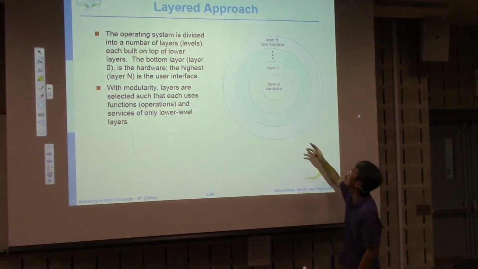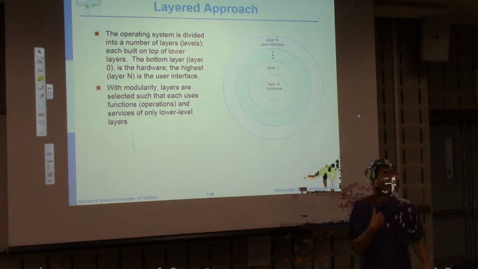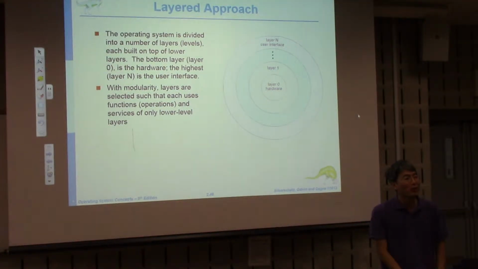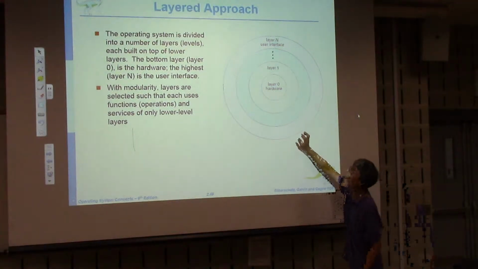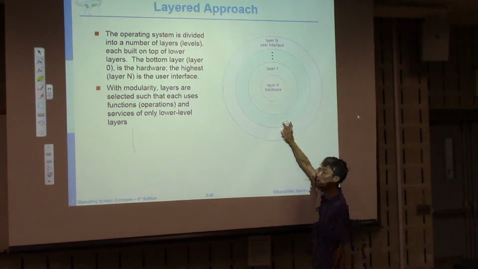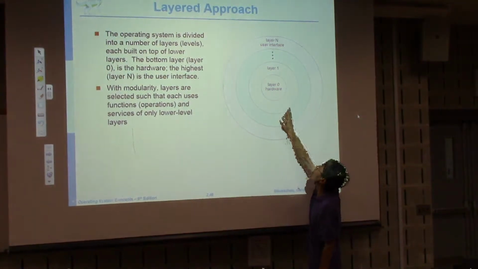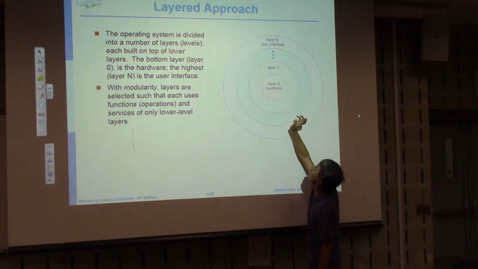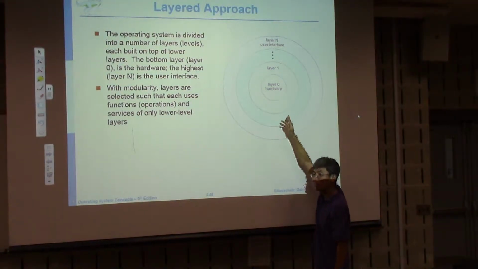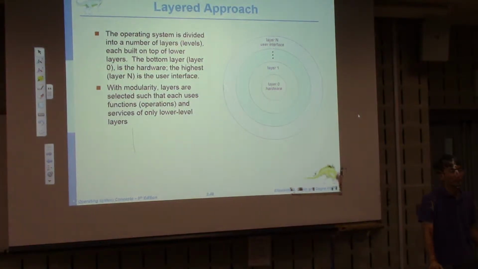Usually the user tries to use the hardware, right? How can you communicate? It is also allowed to communicate directly with the hardware, but that causes a problem. So you need to ask this layer, the shell program. Then this shell program we call the inner layer. Once your command reaches the hardware, it executes and returns. So that takes a little bit of time, but it is still easy to manage and more secure.